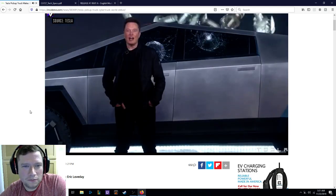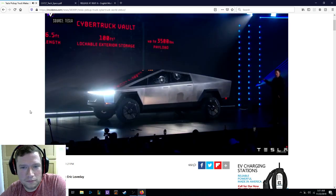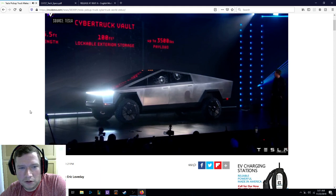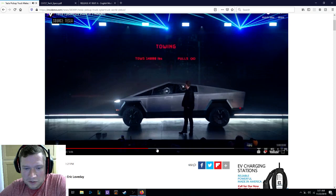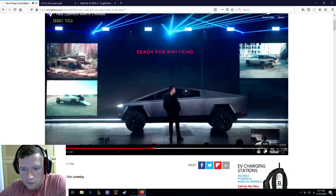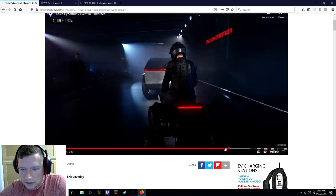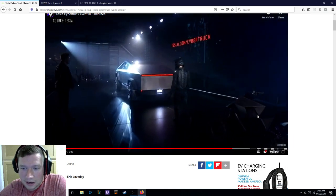In addition, the car has an adaptive air suspension. The rear is 100 cubic feet, 6.5 foot length. You could tell he got a little bit awkward after that little bit of fail there. Let's see, on-road performance. No, here's where they brought the ATV out. It's also ugly, but